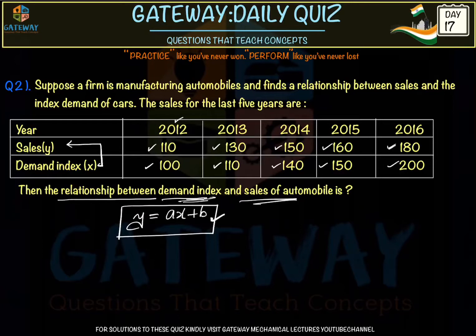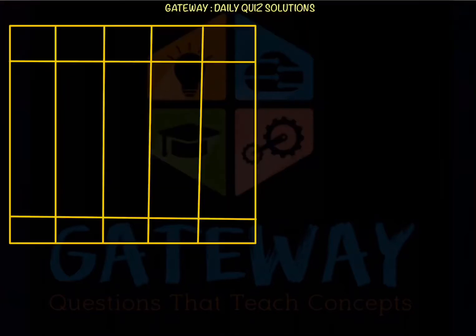For that, first of all we'll make a table here, a tabular column. So this is our table, see the contents in the table. The first column will be the year, whatever is given in the question. And the second column will be the demand. For this type of problems, we'll be writing the given data in the columns: demand, and then the next is sales, and sales is denoted by y in the question. And next we'll calculate x square, and then we'll calculate xy. First of all we'll make the table, then we will discuss why we are making this.